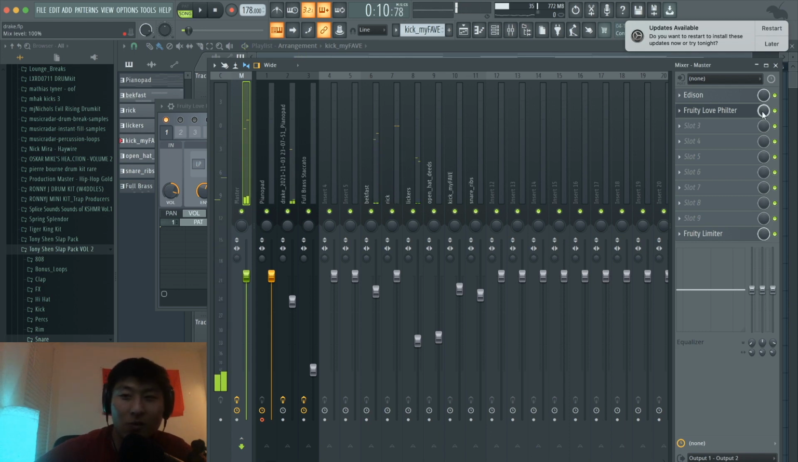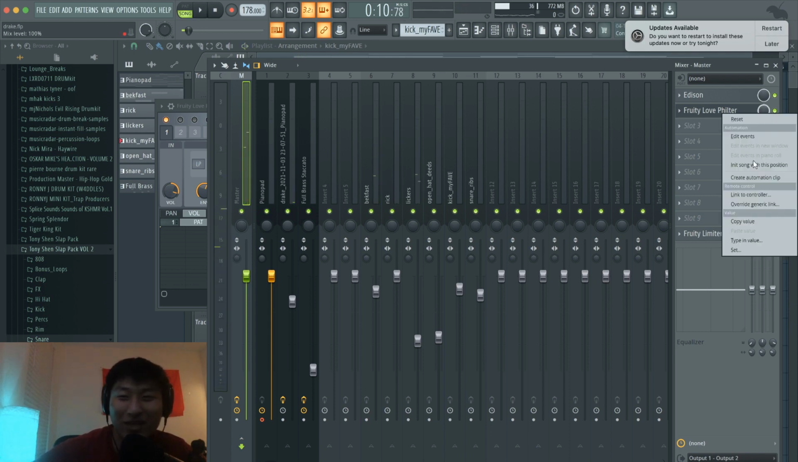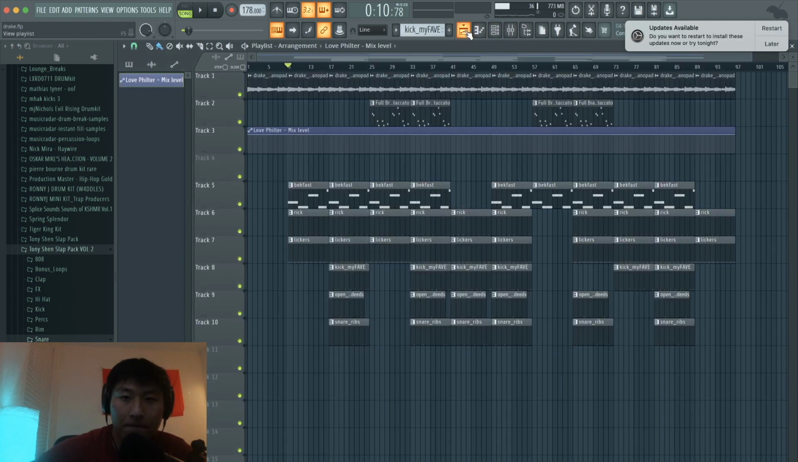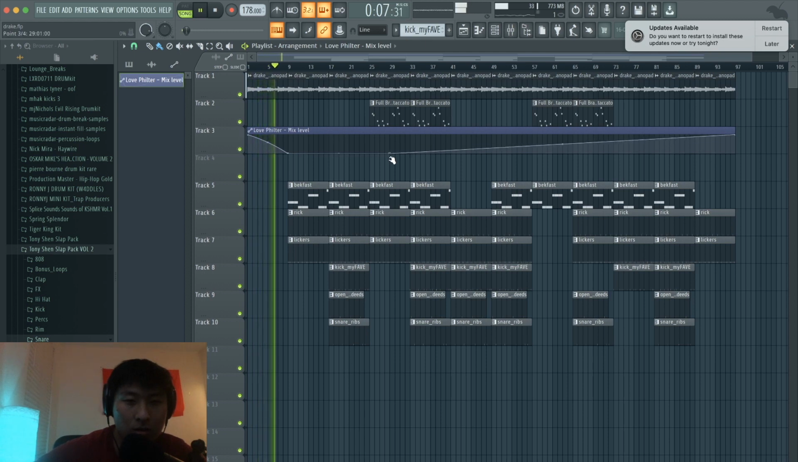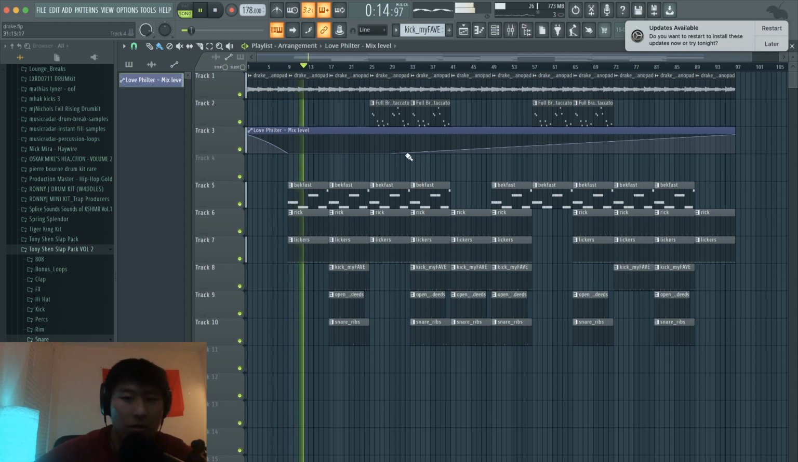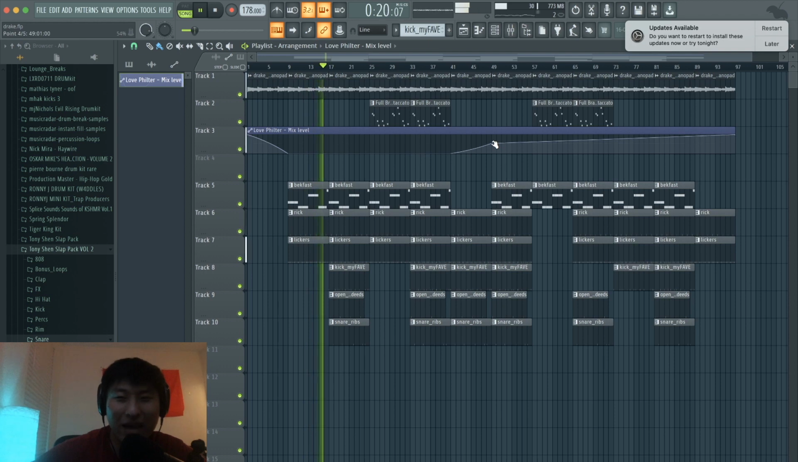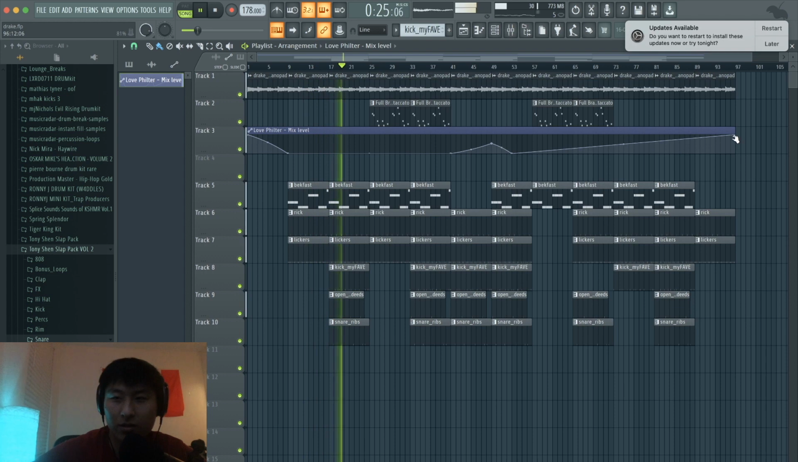Full mix. So what we could do is automate this, right? So right click here, create automation clip. And then it might start out kind of underwater, right? And then it turns off for here, maybe. And then maybe it's like halfway here. And then it turns off and maybe it turns back